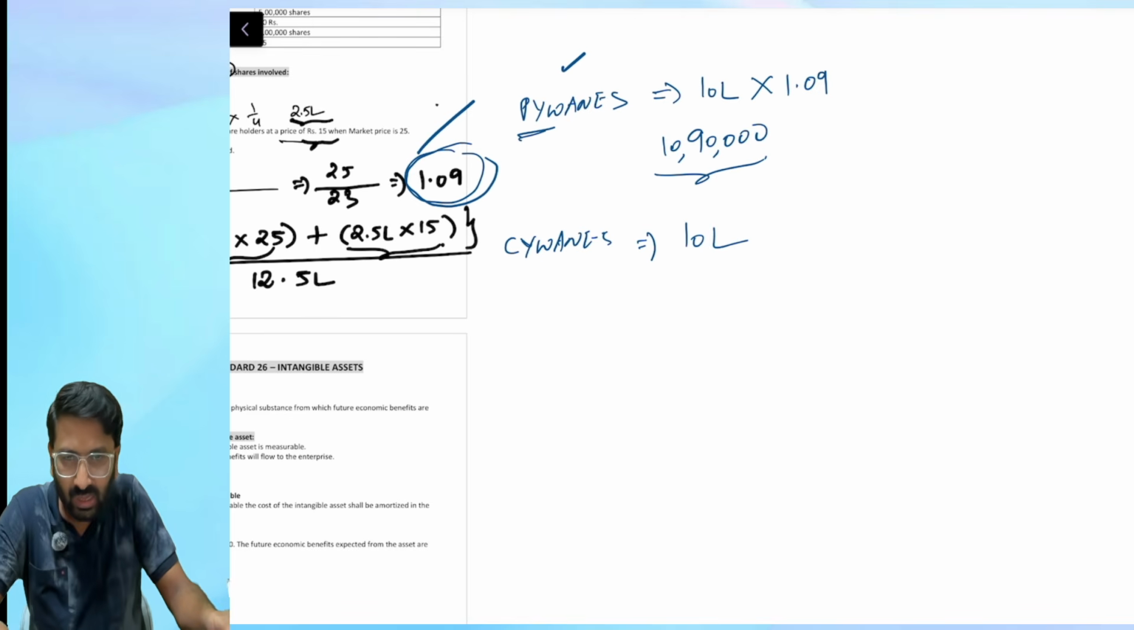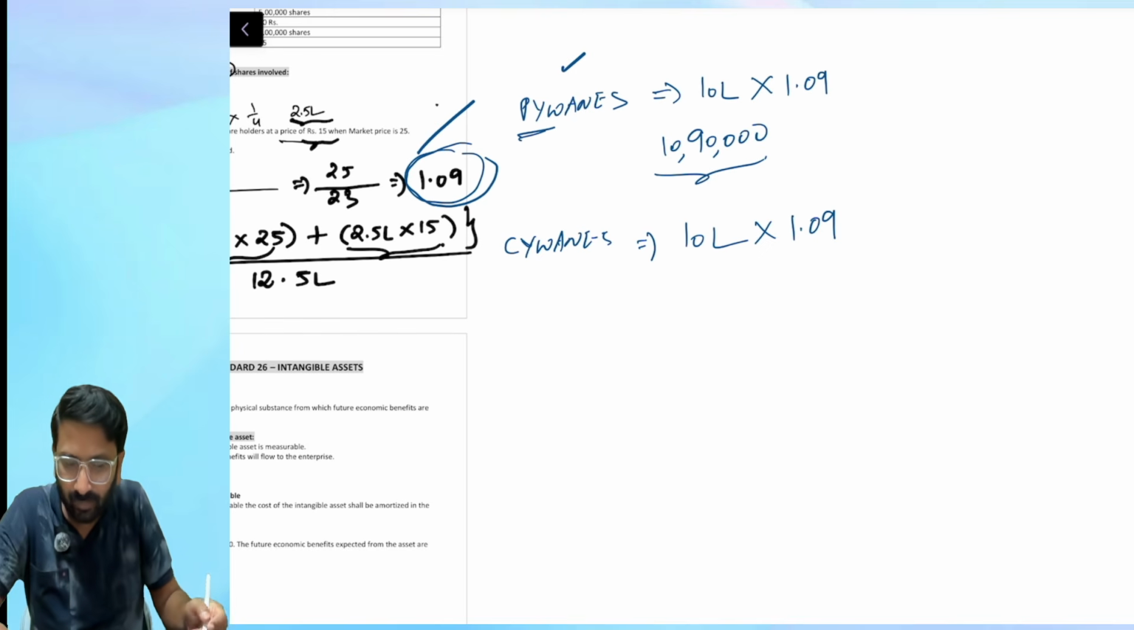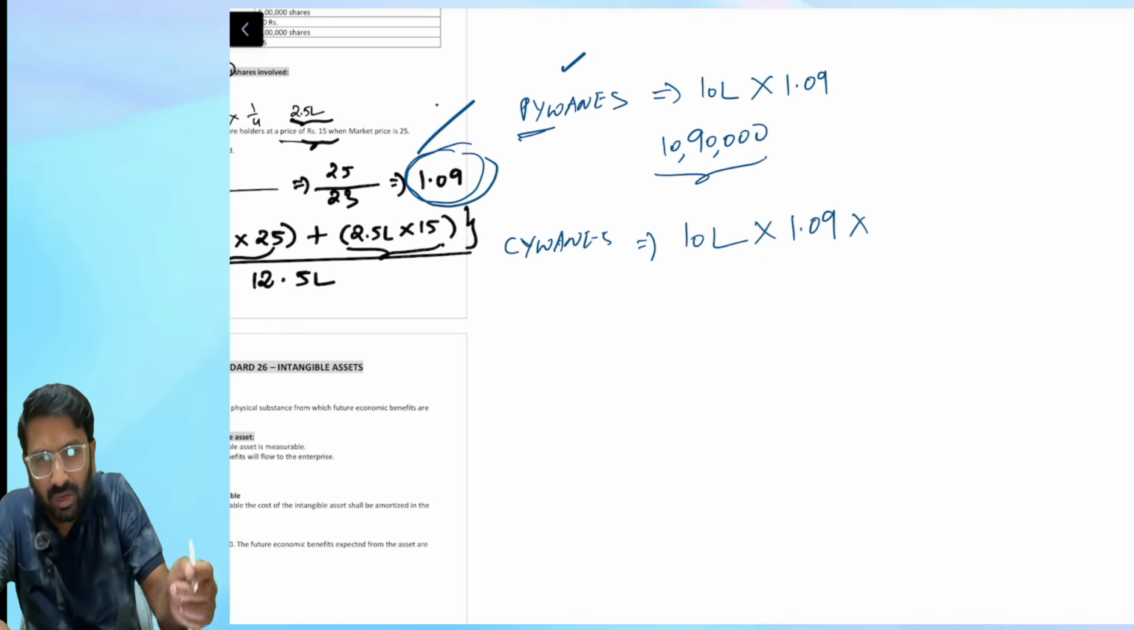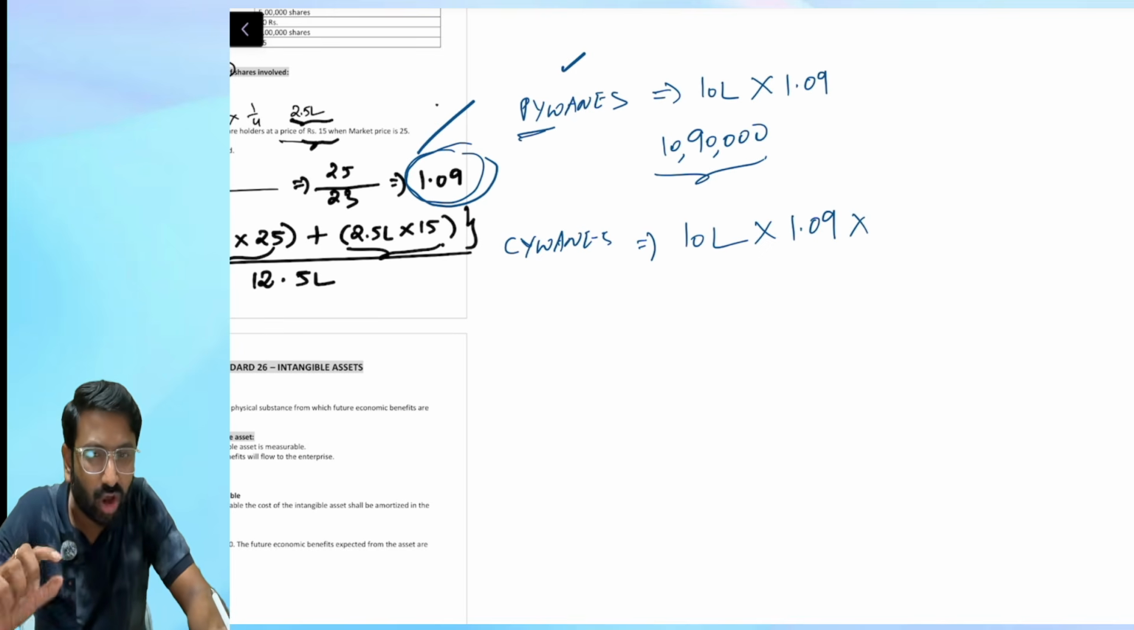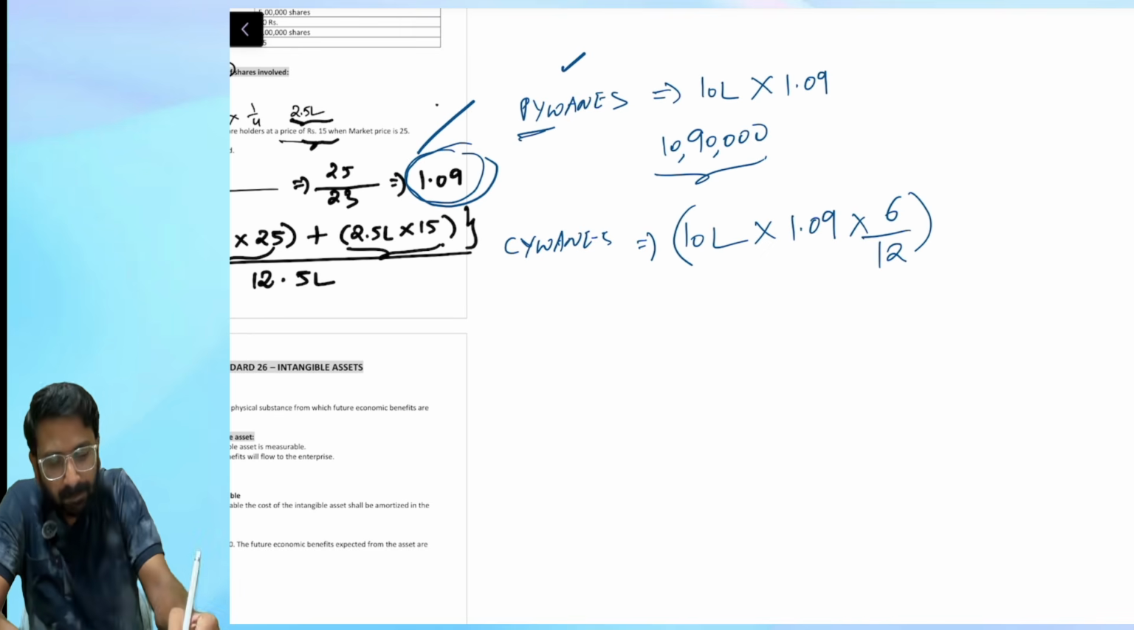10 lakh into bonus element 1.09 into number of months before the right issue. How many months are there before the right issue? See, the right issue is happening exactly in the middle, so the number of months before the right issue will be 6 months. So 6 by 12. Plus